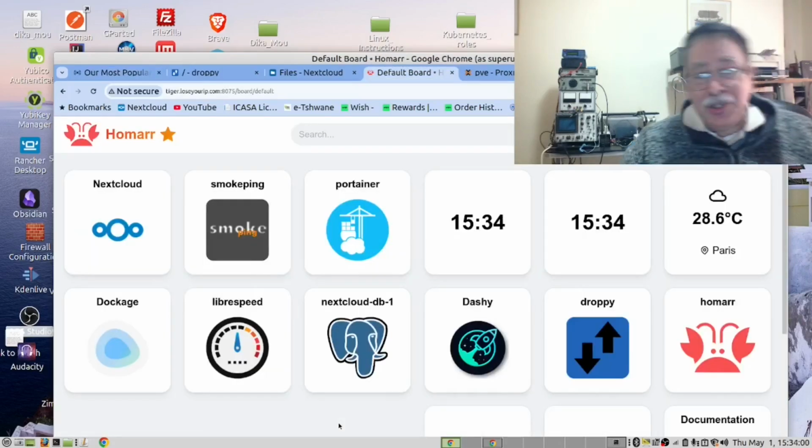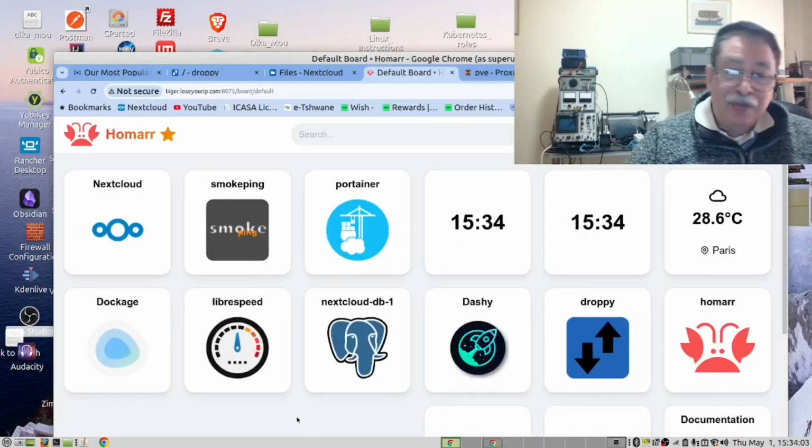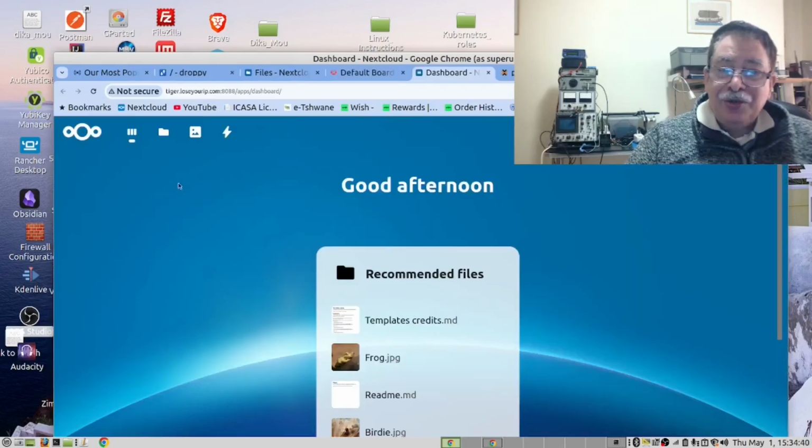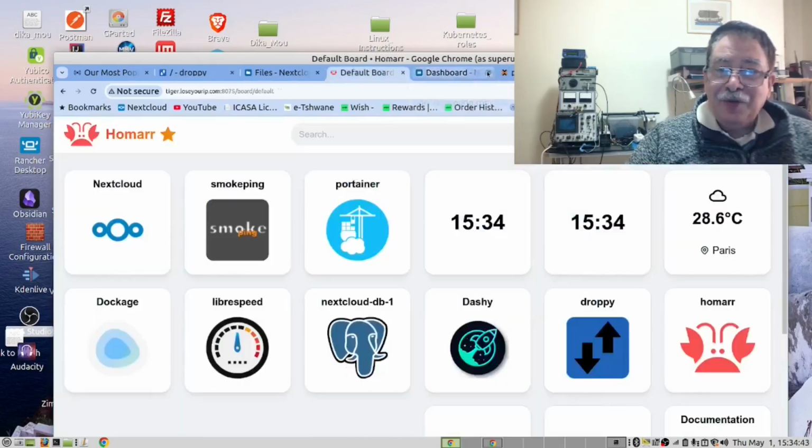The next application that we have provided is Homer. Homer is a beautiful and yet powerful dashboard for your server. In addition to that, you can use this to provide you with links to applications, like this for example, to open Nextcloud from Homer.